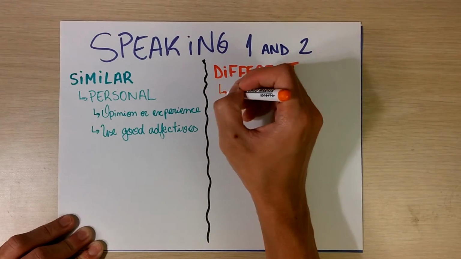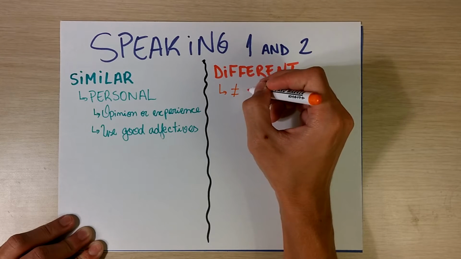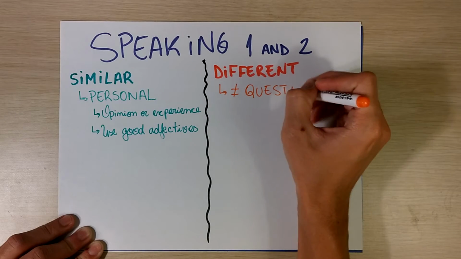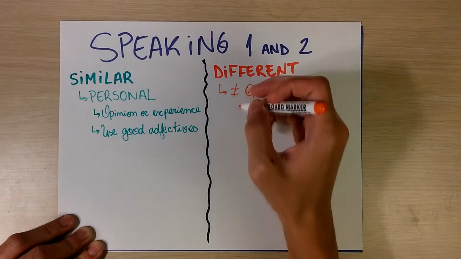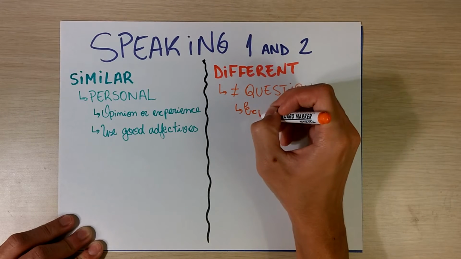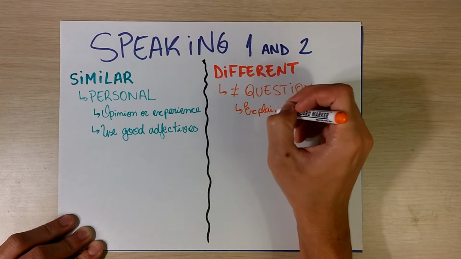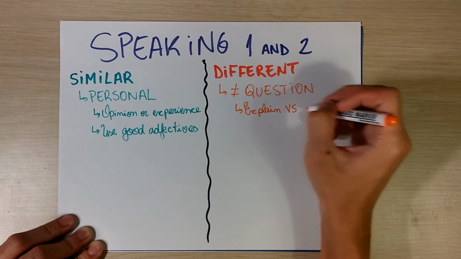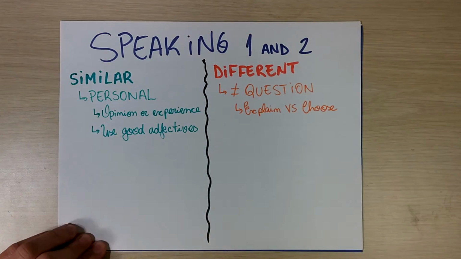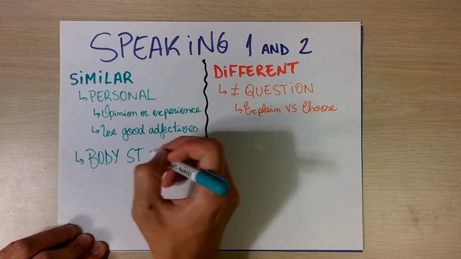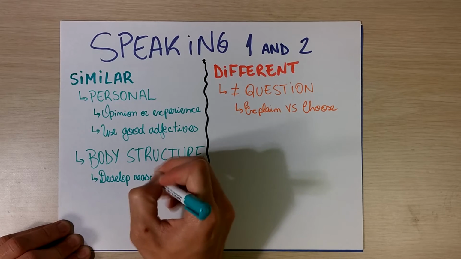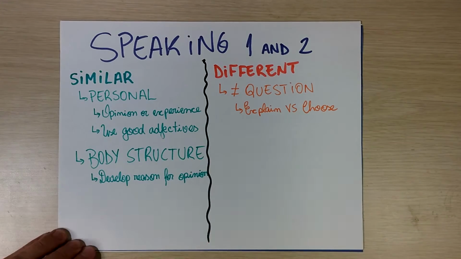Despite being similar on the style of question, they differ on what is asked. Whereas the first question will just ask you a broad topic related to yourself, like a personal experience or a preference regarding something, the second one will make you compare 2 options. They will also be about preference, ideology, habit, or anything that will make you choose between one of them and explain your reasons. The body structure for both questions is really similar, since you will have to explain with adjectives why that is your chosen topic or your preference between 2 options.